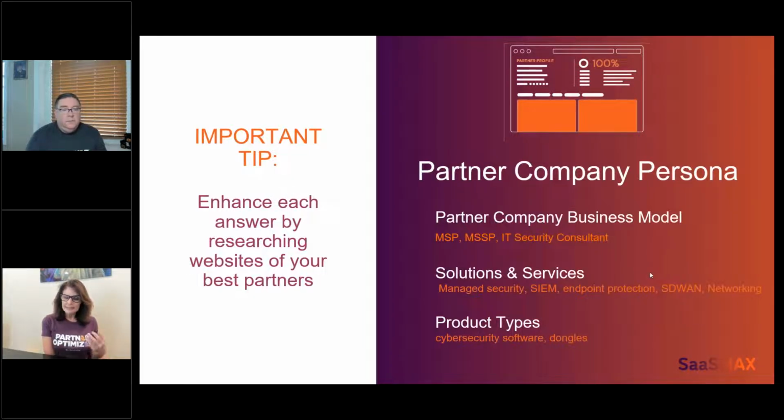So doing that research up front, again, it's the power of planning and the power of the strategy up front. It's actually pretty fun and interesting, because when you know partners real well, and you usually know your active partners really well, being able to go to their website and see if that's reflected is a really healthy exercise. You get to know them better, and then you have more conversation points to talk with them about, and you learn many more data-driven insights to add to this worksheet that we have here.